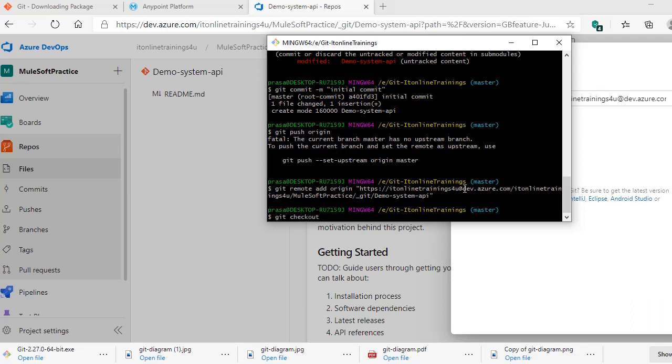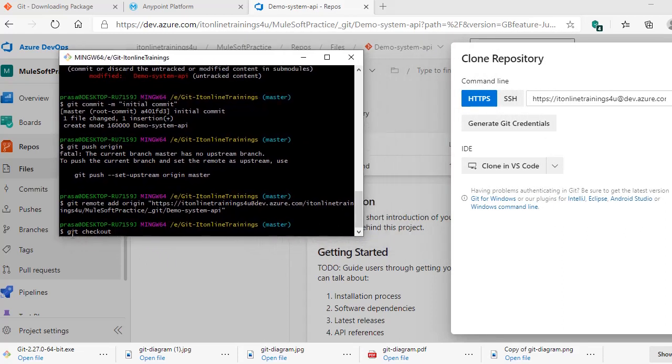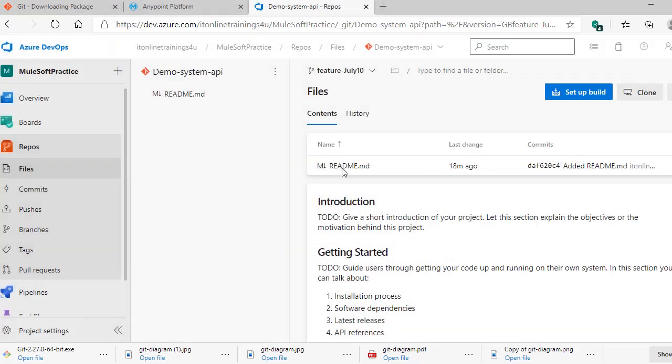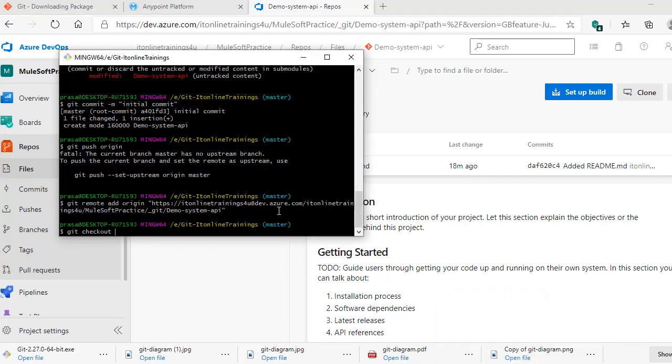It is in the master branch by default, so we need to go to our feature branch. To do that, we can use git checkout as a command, and you need to provide the feature branch name, feature-July-10.